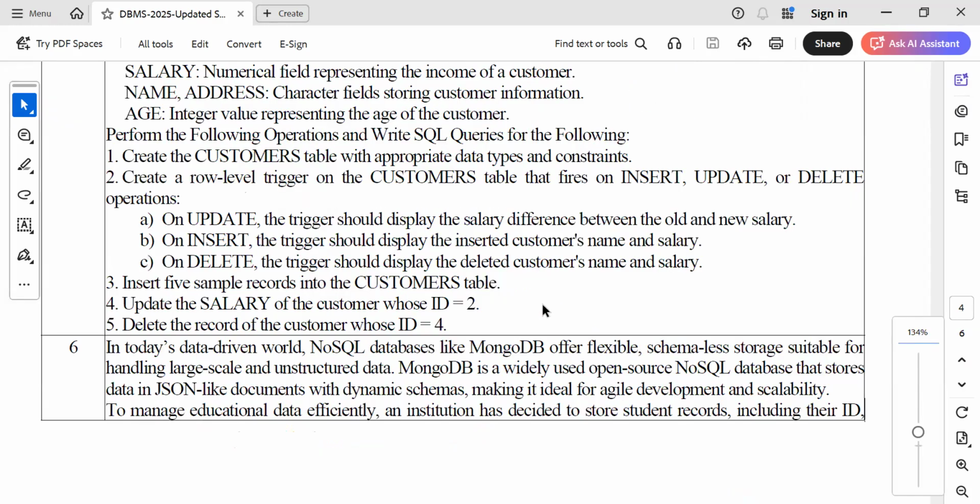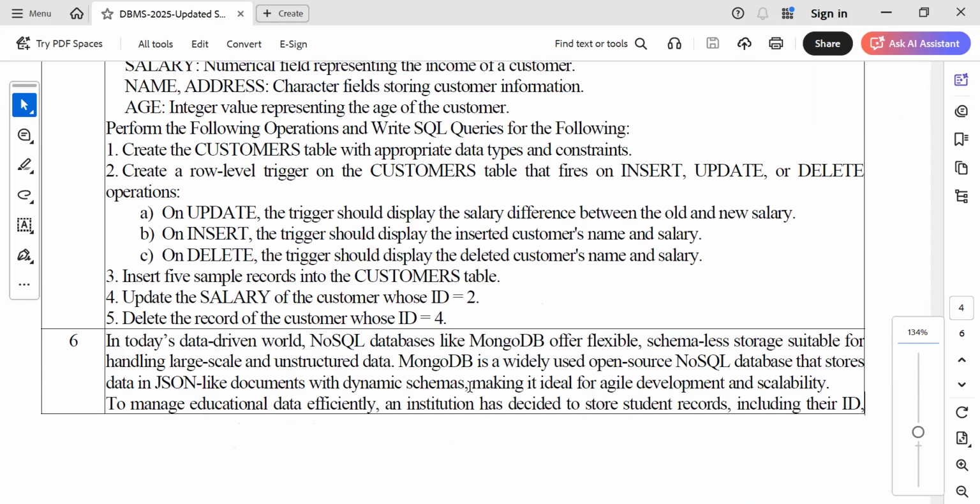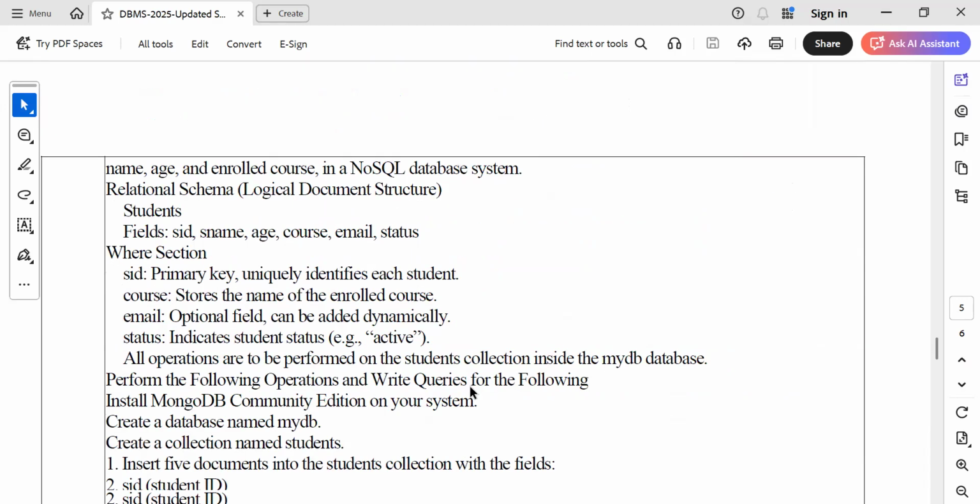So you see here, the sixth experiment is given: in today's data-driven world, NoSQL databases like MongoDB offer flexible, schema-less storage suitable for handling large-scale and unstructured data. MongoDB is a widely used open source NoSQL database that stores data in JavaScript Object Notation-like documents and dynamic schemas, making it ideal for agile development and scalability. To manage educational data efficiently, an institution has decided to store student records, including their ID,